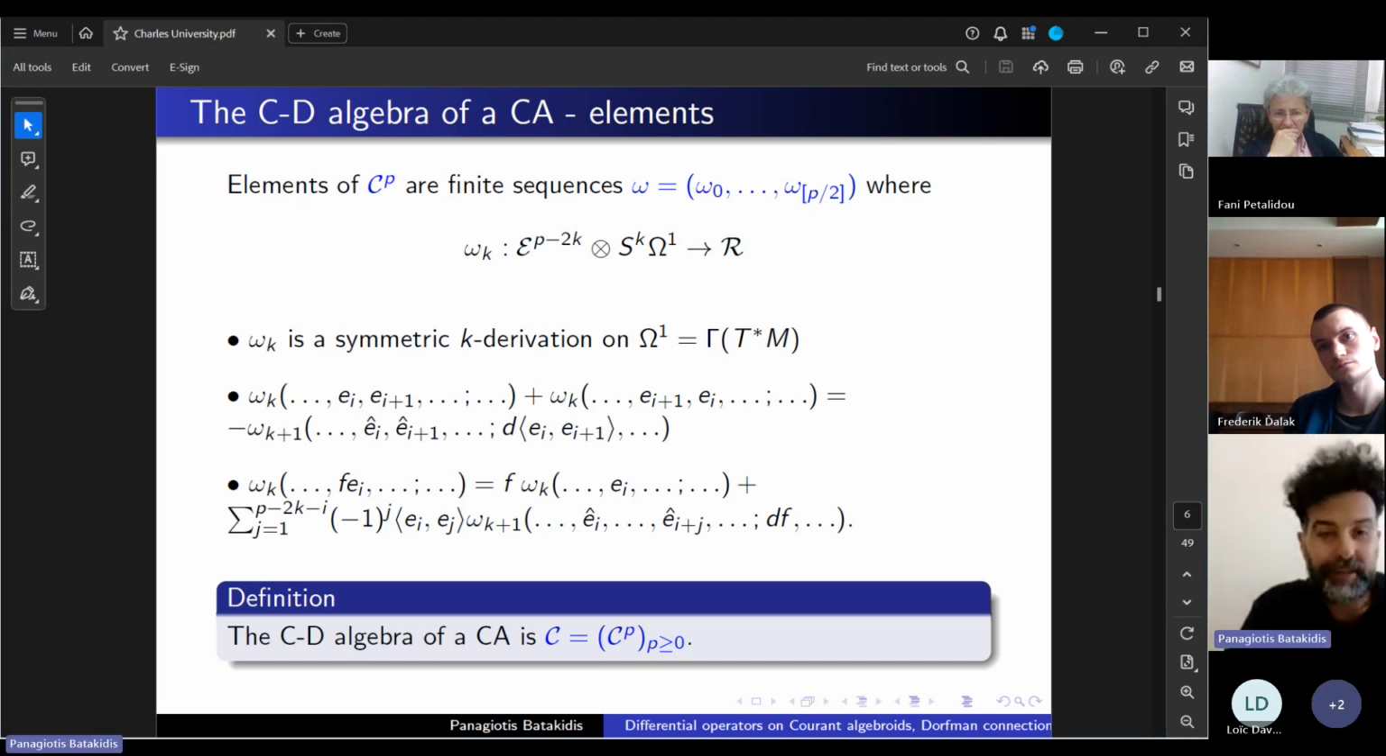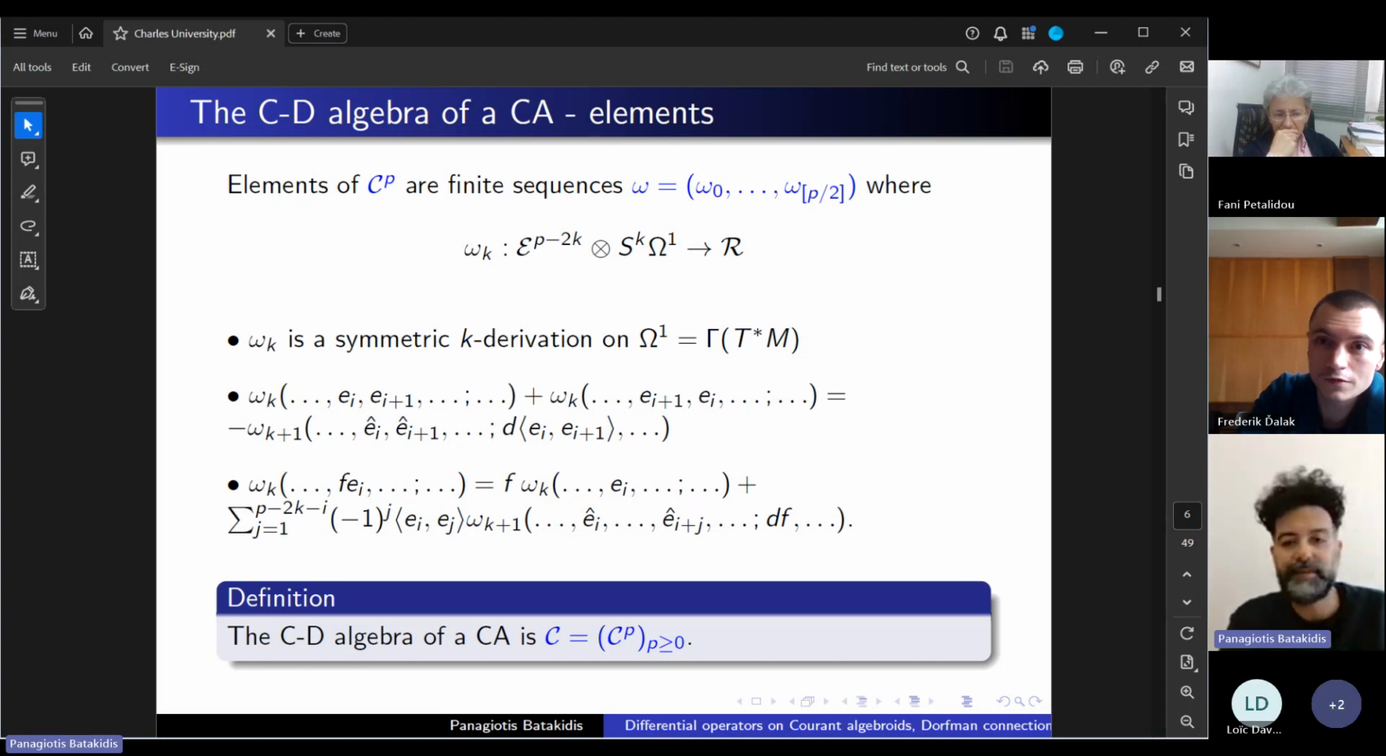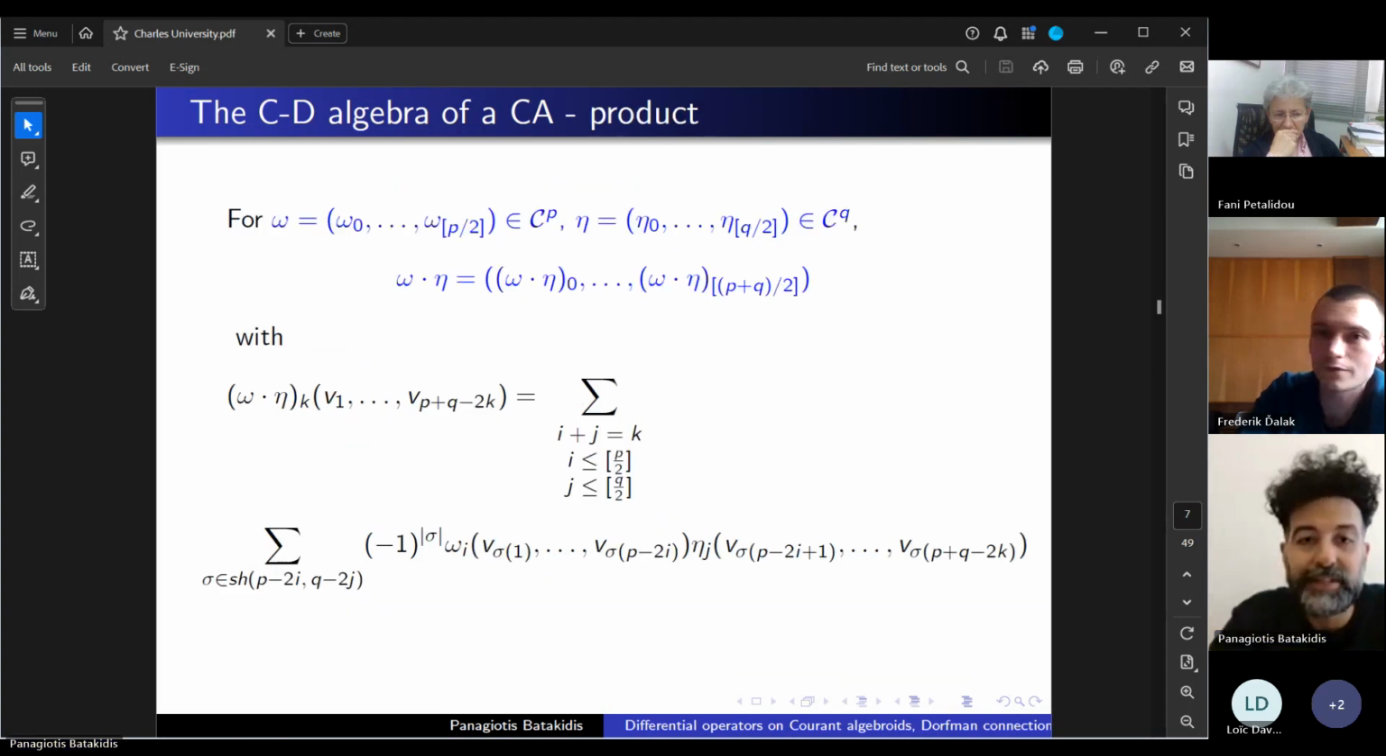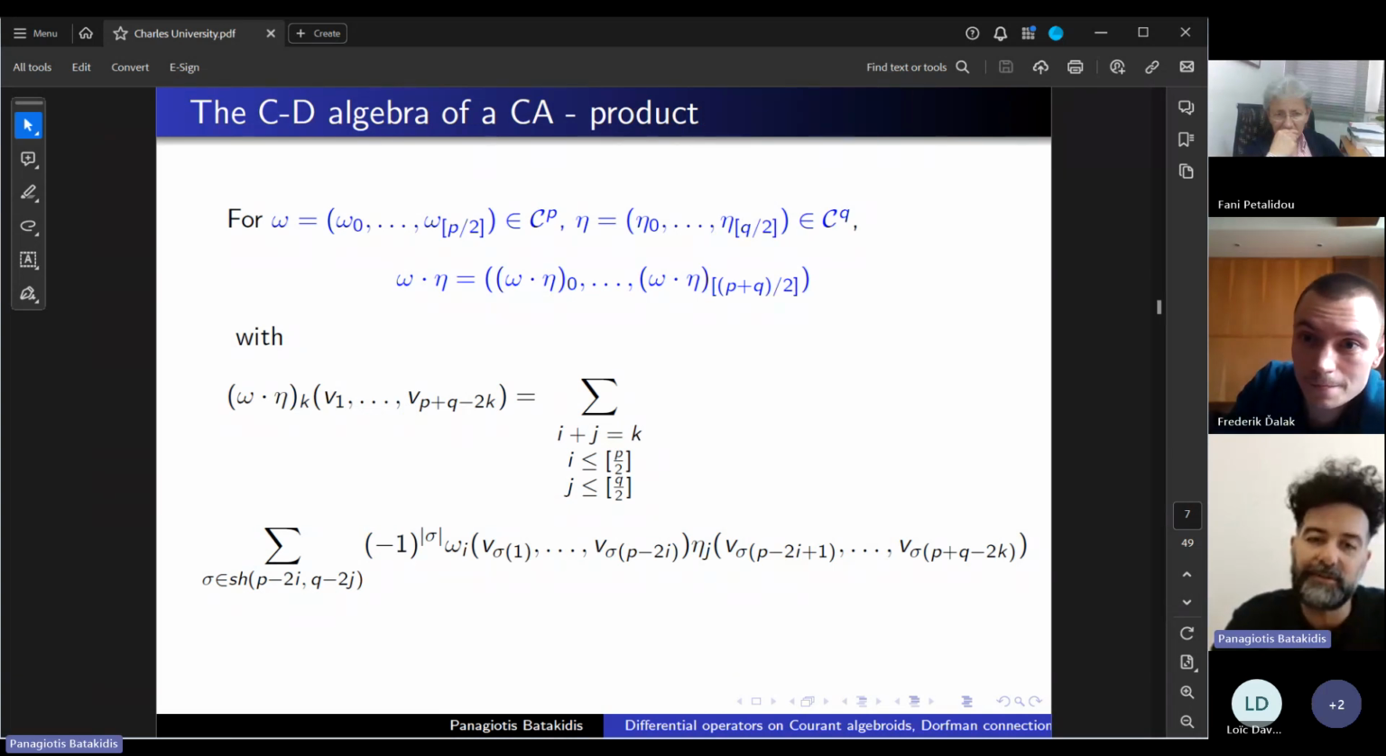Okay. Now, in this slide, we see what the elements are. So the Courant algebra, but we haven't said anything before. Okay, so just take a few instances to see what the product looks like. Again, it's not important for